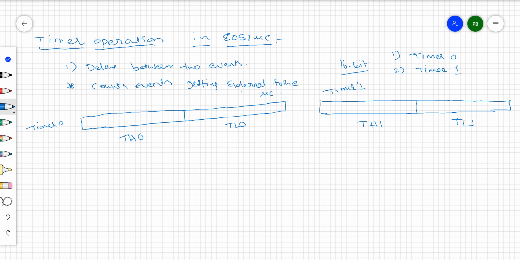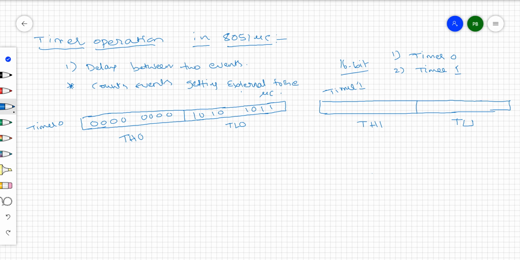Each byte is 8-bit strength, right? So that means you can store data like this, 8-bit, 8-bit, total 16-bit data.